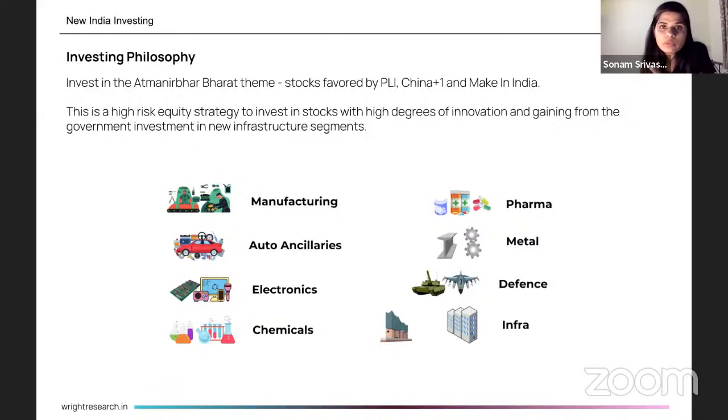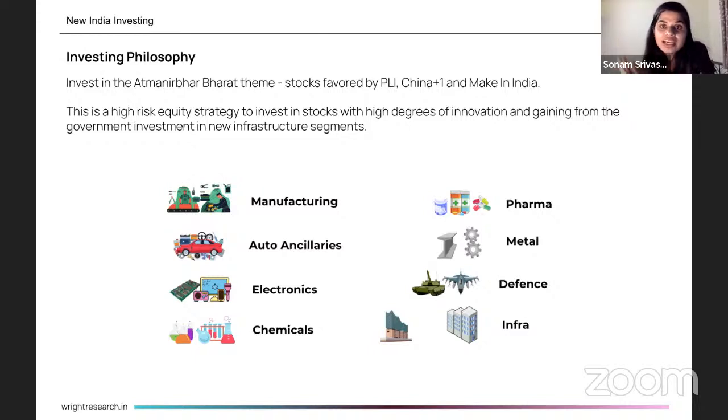And if you look at the recent performance of this portfolio, you will see that this one has done the best among our portfolios in recent times, because of the announcements that happened in the budget about infrastructure spending into innovative sectors in the Indian economy linked to manufacturing, which are taking impact.